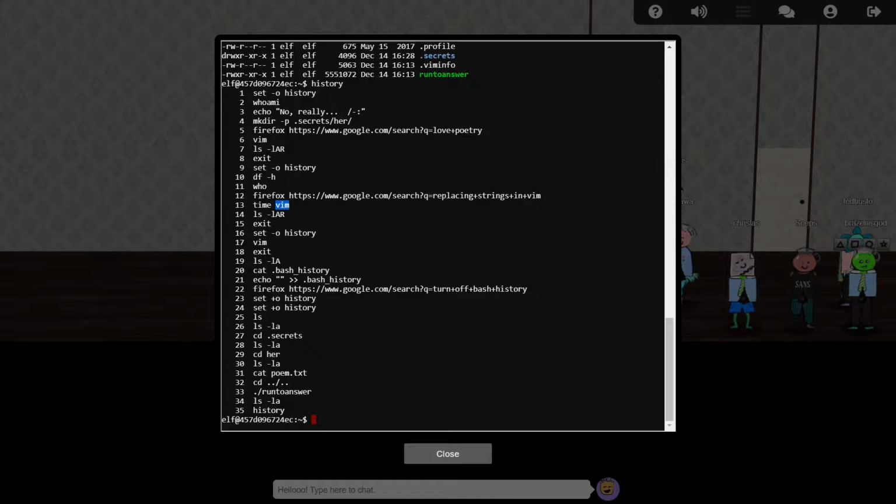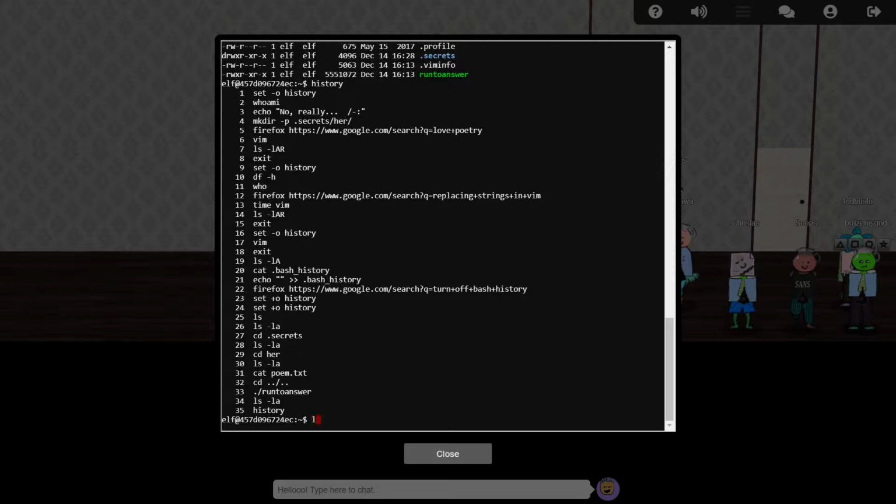But perhaps whoever it was wanted to hide their tracks, because they then perform another search for how to turn off the very command history we're reading now, after trying and failing to erase the file on line 21. Whilst the command on line 23 does indeed turn off bash history, it does not delete any previously recorded history. So, whilst we may not know what our user did after this point, they left us plenty of information before.